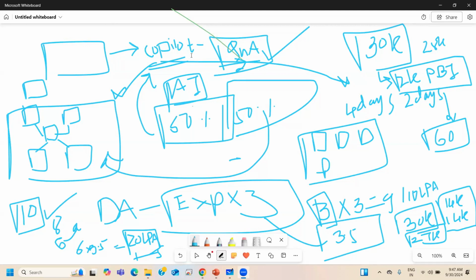Sir, but what will be your suggestion, sir? In between two, which one should I choose, sir? Just a moment. Suggestion would not help you. The question is which role you're looking out for. That is also important. Even Power Automate, Power Platform is also good. I'm not denying. But the question is there is no engineering. That is not called as engineering. That is called as a kind of application developer, Power BI application developer. Here, this is called as BI engineering because it includes the engineering stuff as well, like ETL. Now you have to decide whether ETL is good fit for you or creating apps and Power Automate flows is good for you.